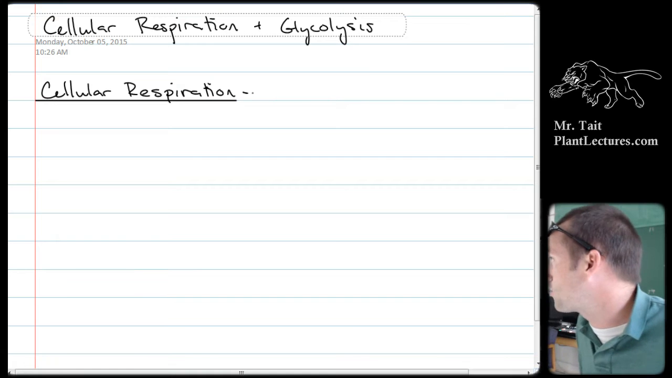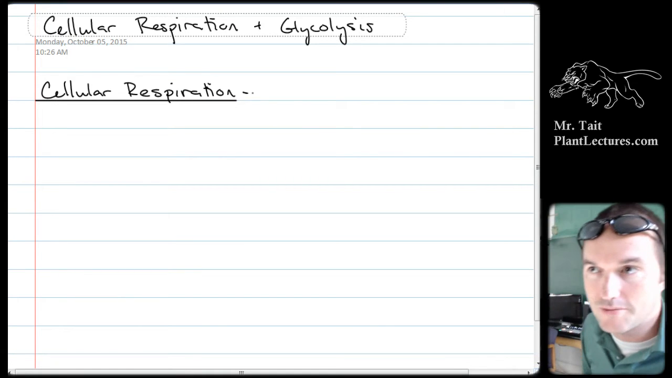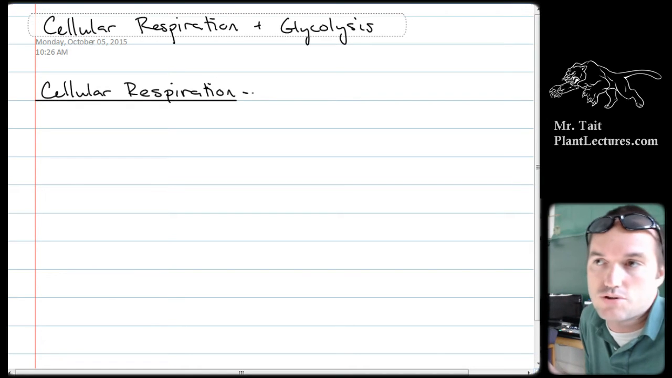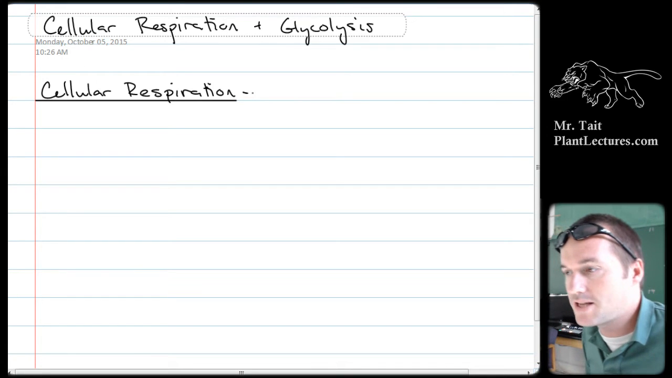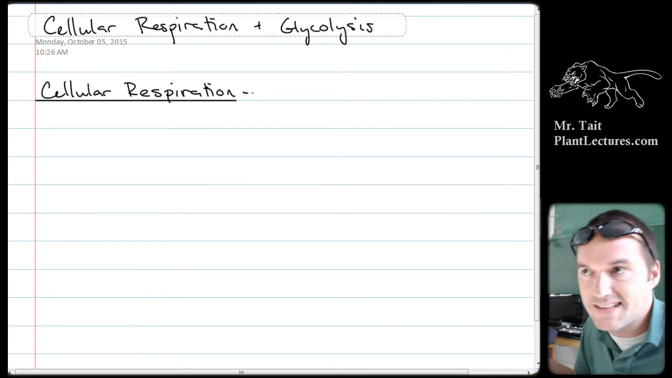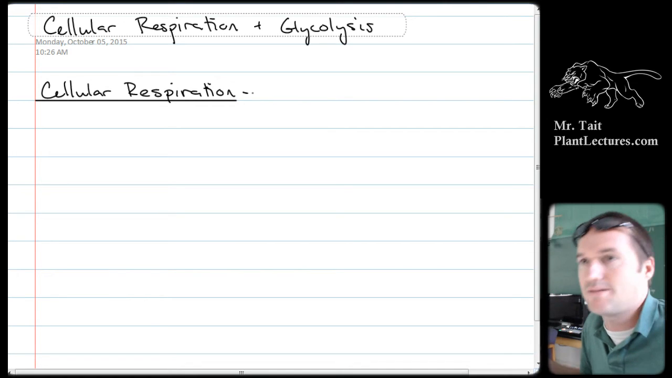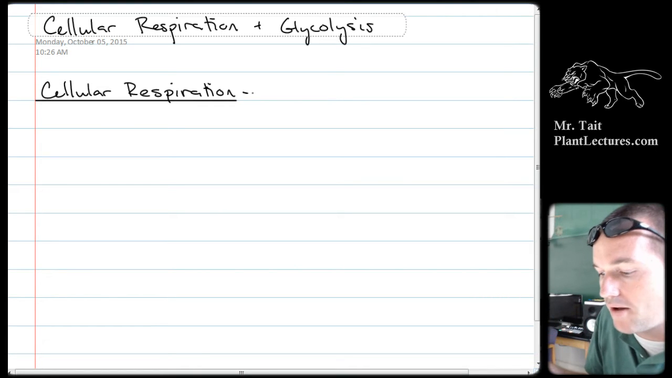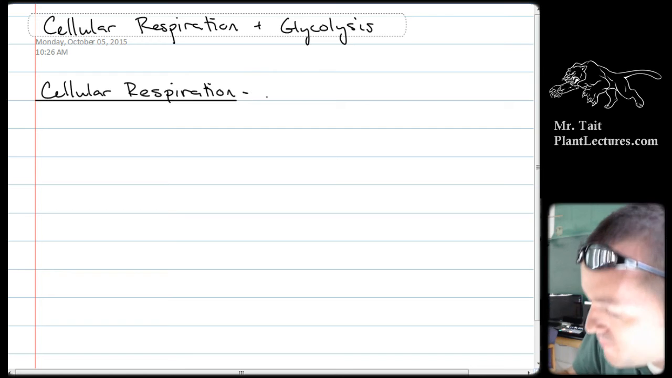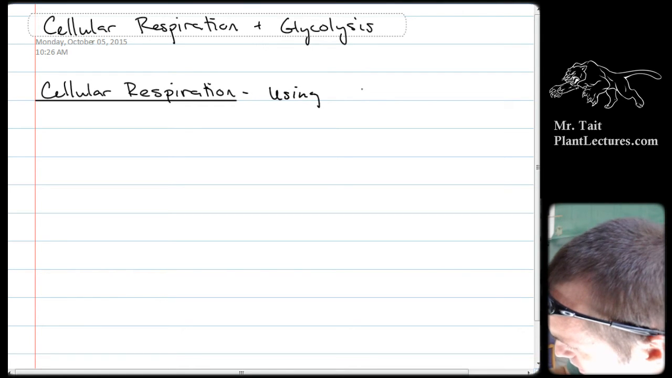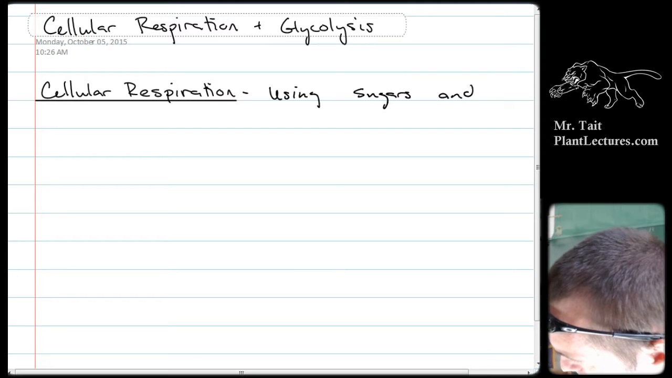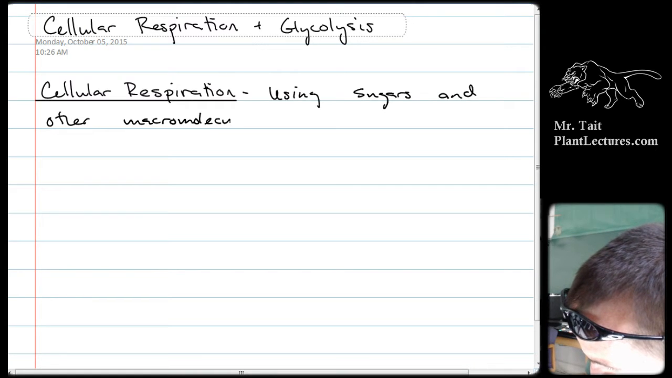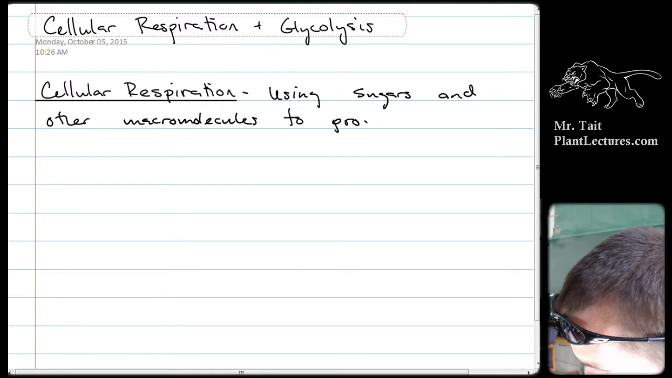First of all, the number one misconception is that cellular respiration only uses sugar, right? So people are like, oh, you eat sugar so that you can metabolize it into energy. Well, that's true, but all kinds of other things get metabolized by cellular respiration as well. So you can use fats, you can use amino acids, you can use all kinds of sugars, polysaccharides, monosaccharides, disaccharides, whatever, right? All these things can be broken down in the process of cellular respiration to get energy, okay? So we can say that this is using sugars and other macromolecules to produce